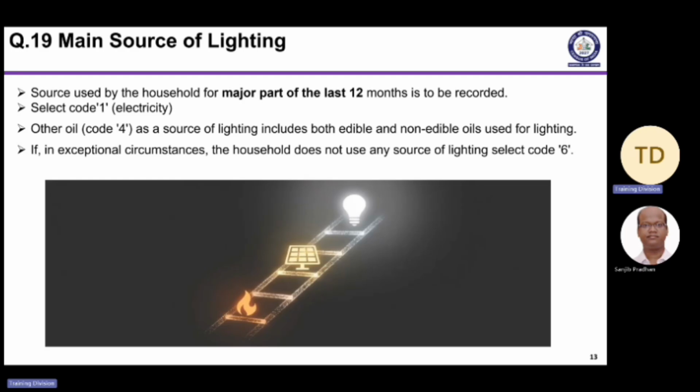Discussion came up whether we can drop this, since some people will be using at least some source, some candle or something. But there are households in India, in 2011 also we had, some households in some parts of India who are not using any source of lighting. So we are still not in a position to drop this. After the census, let's see what data comes out of this. But we have to tell the enumerators that they should be very clear while coding, especially for the rarest of the rare things.